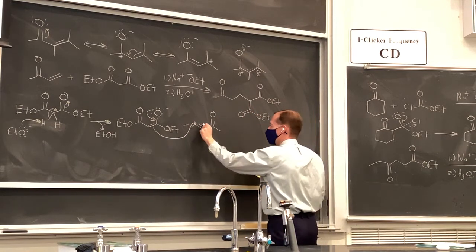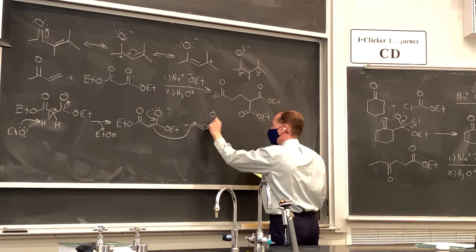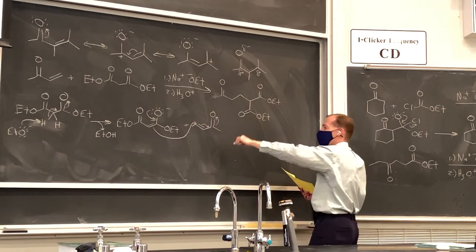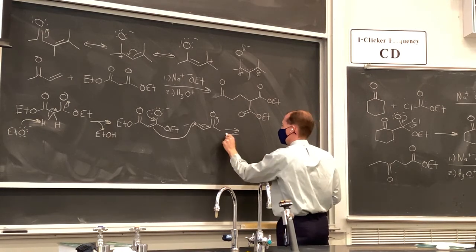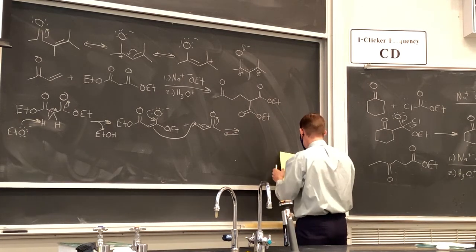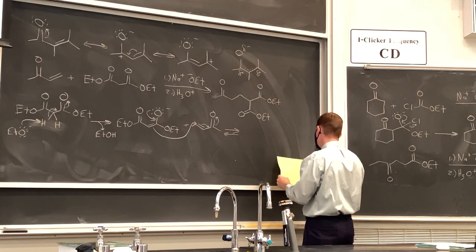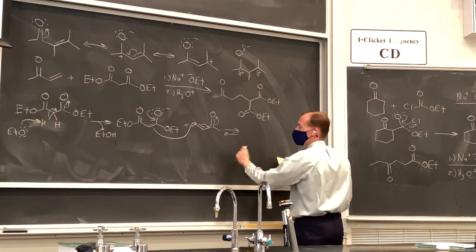Pi electrons from the alkene go towards the carbonyl, and we have to push the electrons from the carbonyl pi bond onto the oxygen. This is going to be reversible. We'll use our reversible arrows to show this step. So that's going to give us